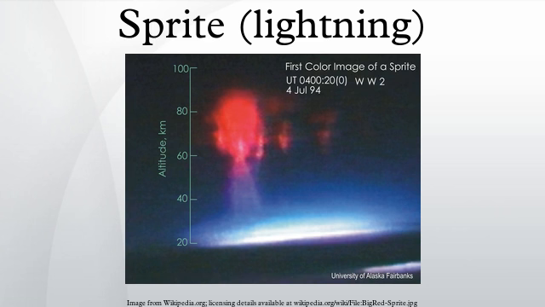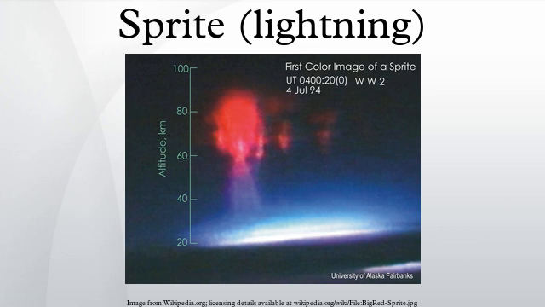Optical imaging using a 10,000 frame per second high-speed camera shows that sprites are actually clusters of small, decameter-sized balls of ionization that are launched at an altitude of about 80 kilometers and then move downward at speeds of up to 10% the speed of light, followed a few milliseconds later by a separate set of upward-moving balls of ionization. Sprites may be horizontally displaced by up to 50 kilometers from the location of the underlying lightning strike, with a time delay following the lightning that is typically a few milliseconds, but on rare occasions may be up to 100 milliseconds.